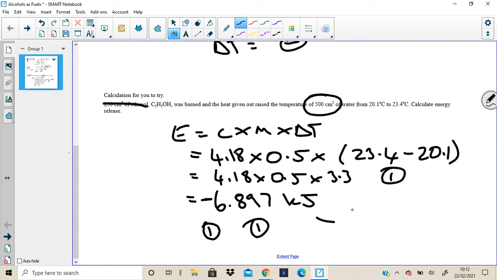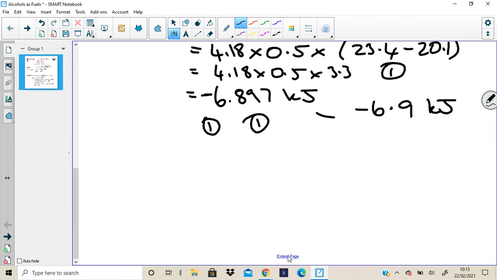Now, guys, rounding up, National 5, 2 decimal points is fine. So you could get away with just 6.9. If it rounds up to that, that's fine. But if it's easily rounded up to 2 decimal points after that, that's okay. So either one of them would do. But again, show your working as much as possible. I know that's tricky when we're doing it online. Now, if we've got time here, the last thing is if there's an extended one,